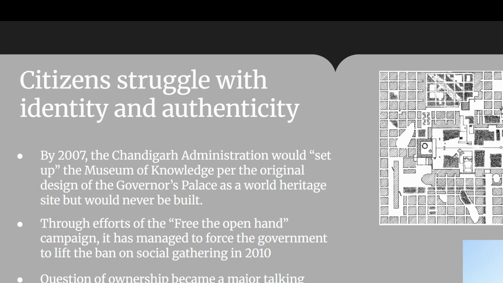After two decades of public restrictions, the Open Hand organization managed to lift the ban in 2010 for all social gatherings within the capital. After much rejoicing, this led to the question of who owns the capital. It was a grand opportunity to redefine the city with a new symbol. For many years, the building has been fabricated as a symbol of Le Corbusier's legacy, but now its citizens can actually use the building as intended without the need for a wire fence around it.